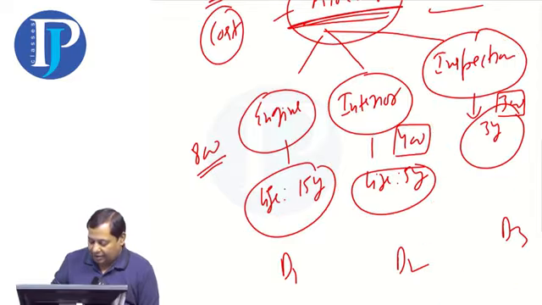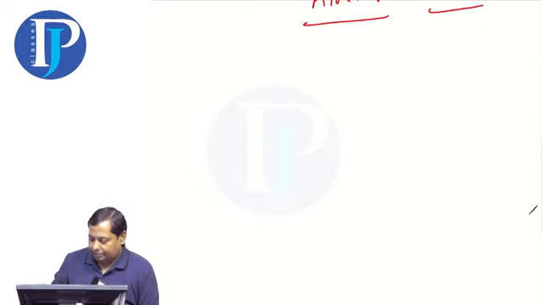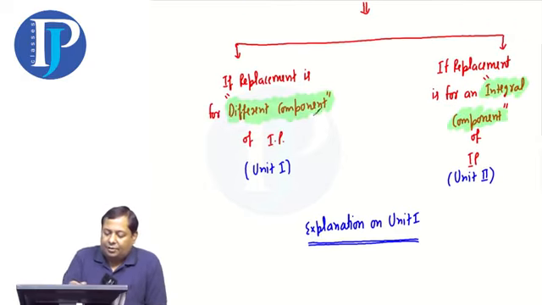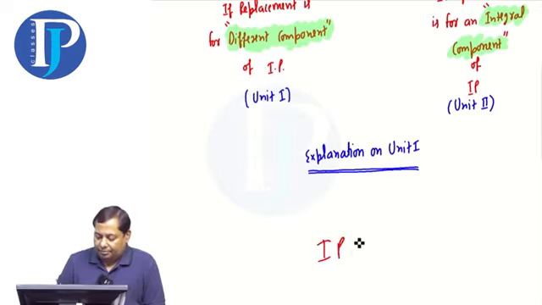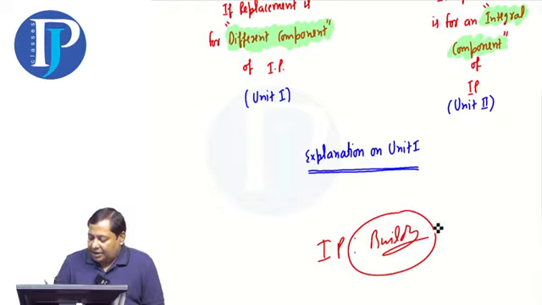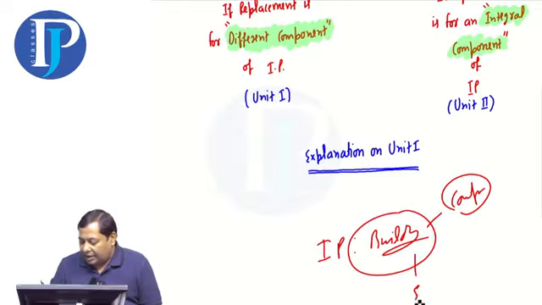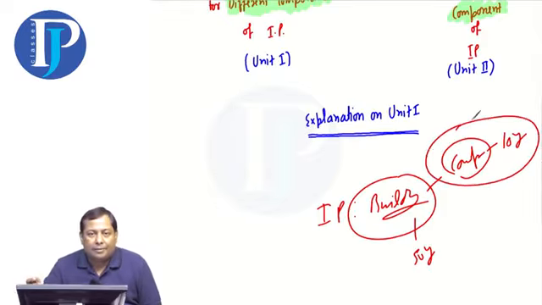So I will make you do this as case 1. Unit 1: if the replacement is for different components. Let's assume that you have one investment property, a building. There is one component inside this building whose life is different from the life of the building. Let's say the building's lifespan is 50 years and this component's lifespan is 10 years. So this component needs to be replaced after 10 years. Then we will do the accounting for this separately and for the building separately.